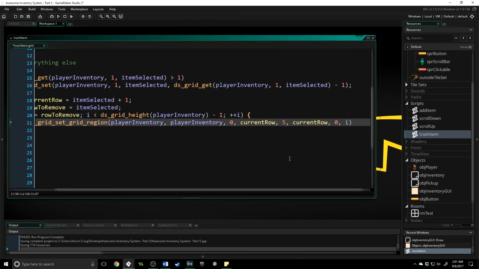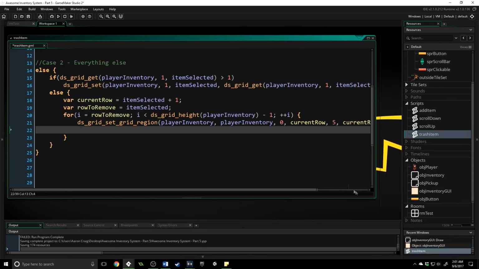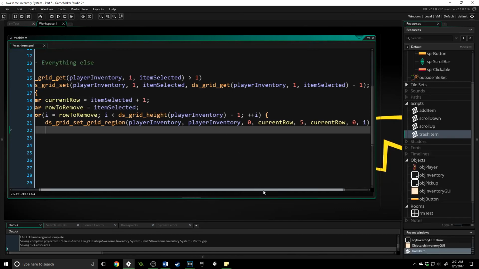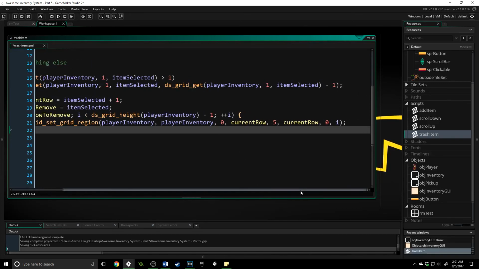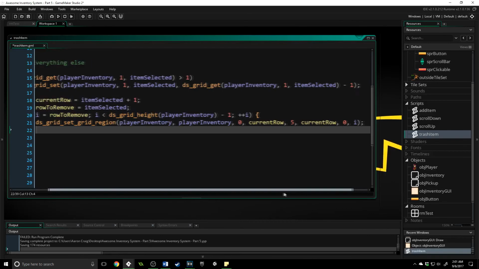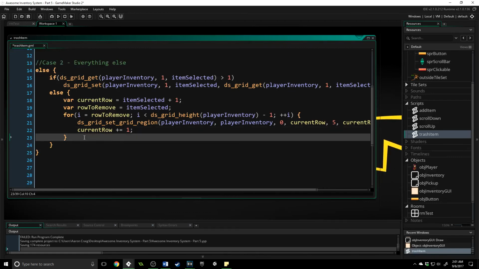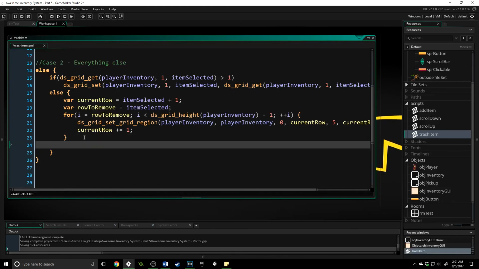And what that is going to do is take the row that is right above it, and then it's going to copy it into the row below it, effectively deleting the item that was there, which is fine because we don't want that item there anymore. Now we need to increase our current row every time we run this, and then we will eventually get to the very end and they will all be set, and we'll have one row at the very end that has